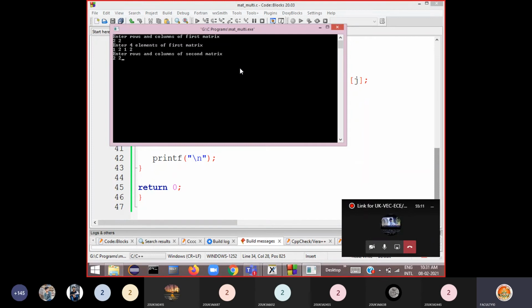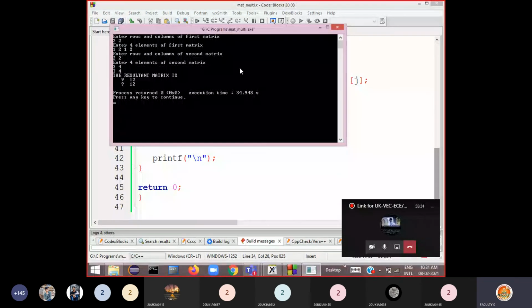Same 2 by 2 I take. Okay, so four elements 3, 4. Okay, so then 3, 4. Even you can enter in matrix form if you want. Now see here the resultant matrix is 1, 2 multiplied by 3, 3, 1, 2 multiplied by 4, 4. So 9, 9, 12, 12 I got.